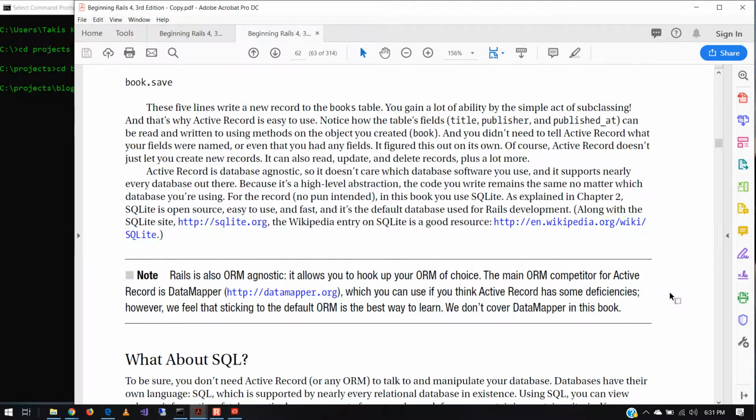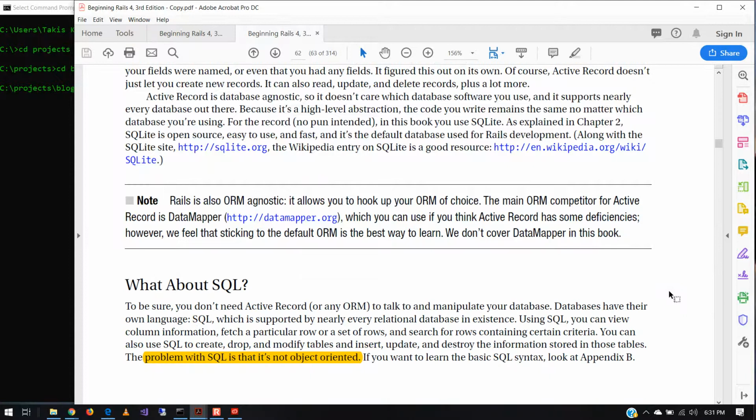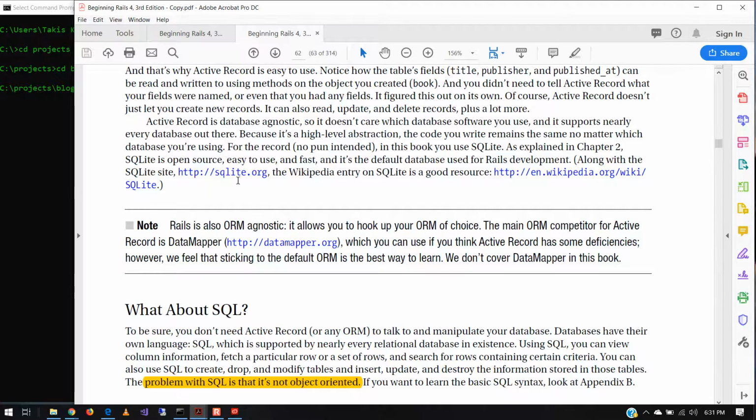All right. At this point, the author does go ahead and point us to SQLite.org. And we've already gone through this process earlier where we got SQLite installed. We've already had the browser up and running, the SQLite browser, so we could take a look at our databases. But there is information here if you want to go to their website or if you want to read up on it. I think it's